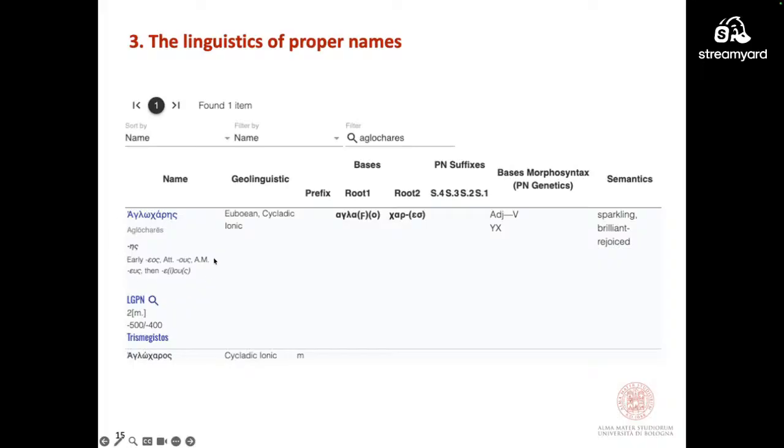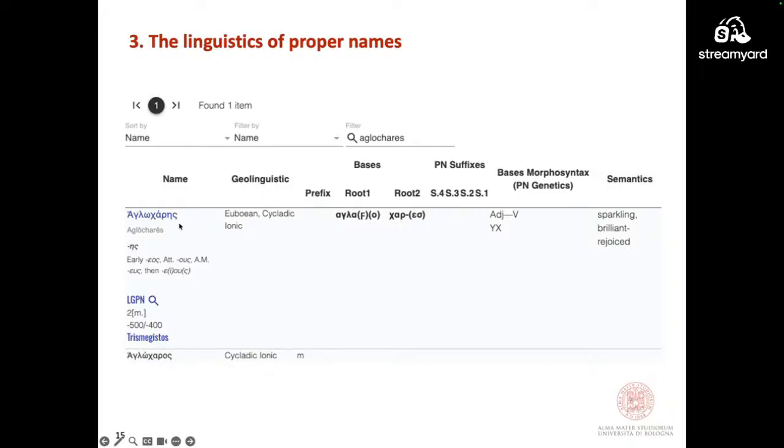For example, about the declension. But also, linked to the LGPN, you have information about the occurrences of the name as a lemma. So basically there are two individuals bearing this name, Aglochares, and when we see the geolinguistic part, we see that for Cycladic Ionic we have two variants.